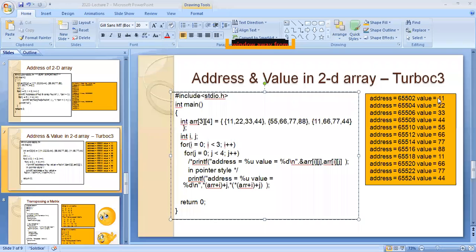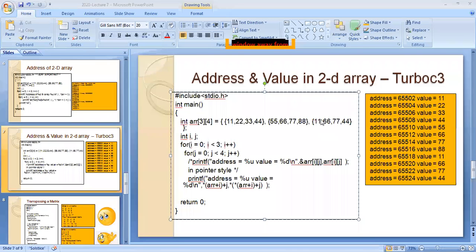So here we are not going to represent directly array[i][j] with %d. You are not going to consider it like that. We are just printing the address with a value. So see here, the first address is 65,502. The value is 11. Now you see, for each and every value, whether you are in the zeroth array, first array or second array, it doesn't matter.